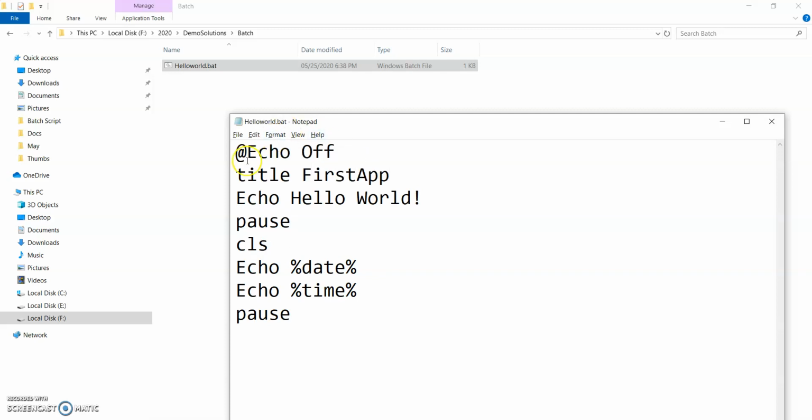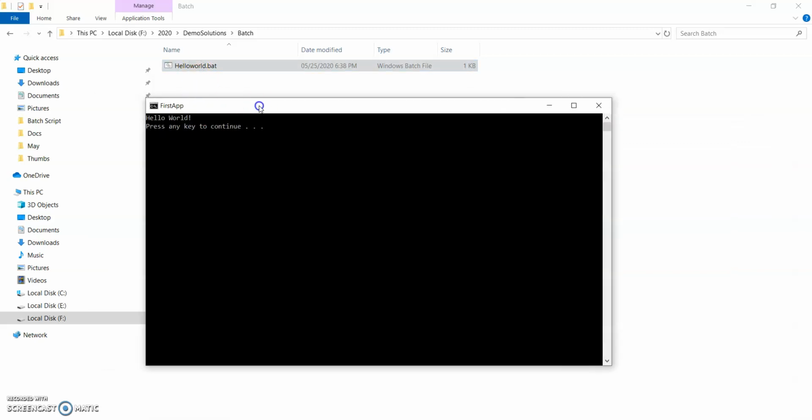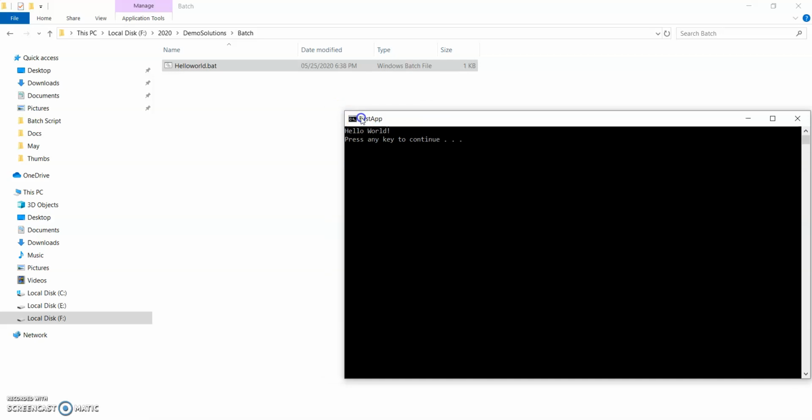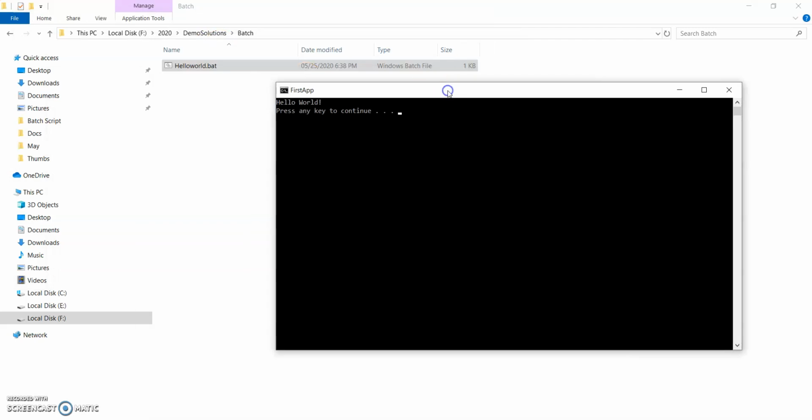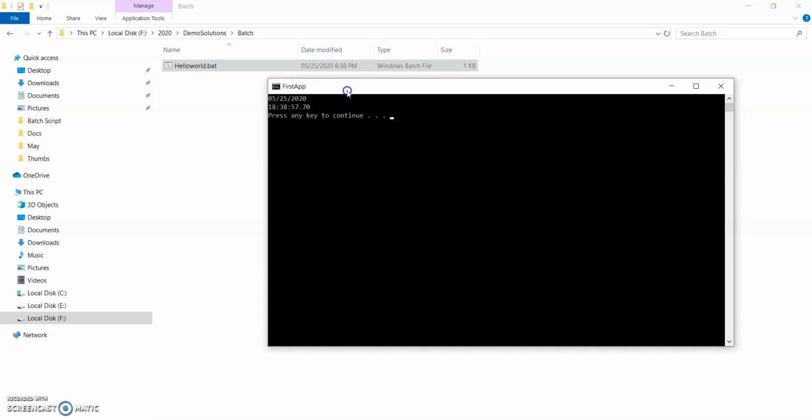Save it. Now run it. So you can see this title is coming, first up. So you got the idea about how we can display hello world, how we can display date and time, and how we can set the title of our batch application.